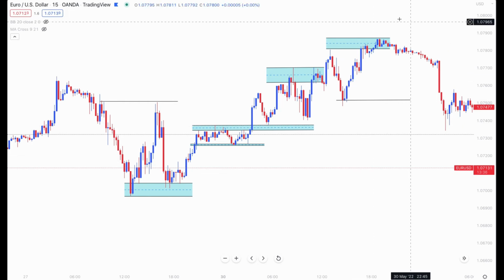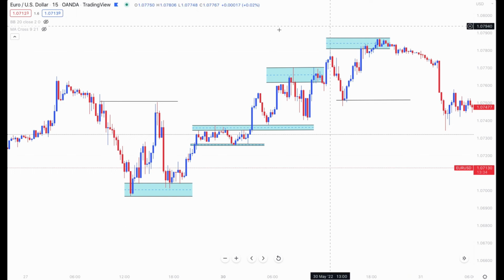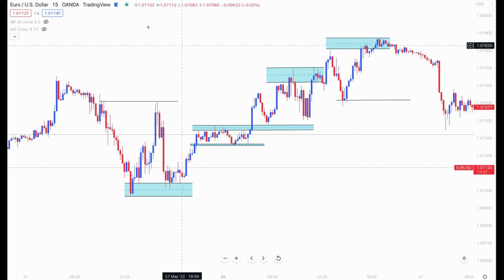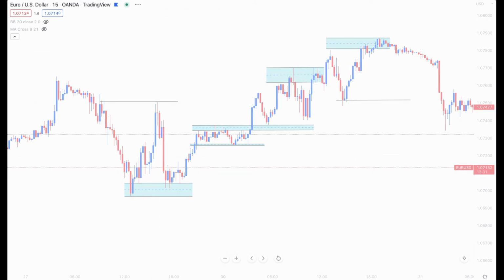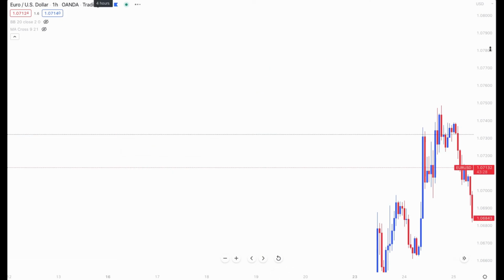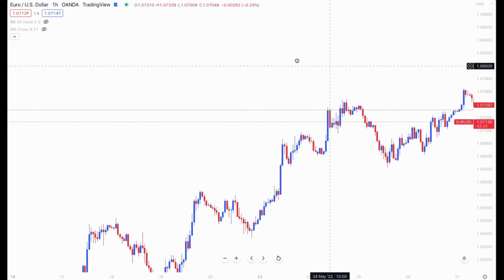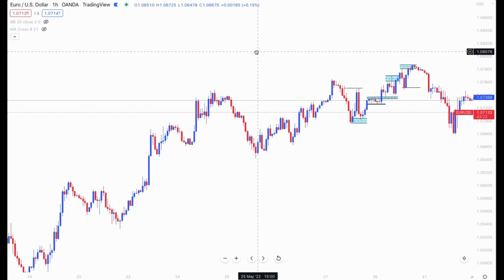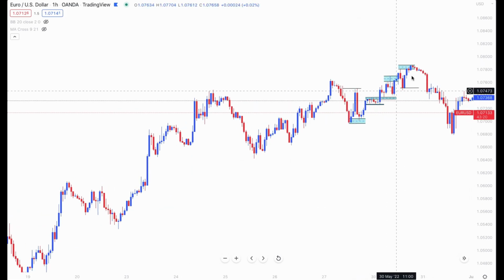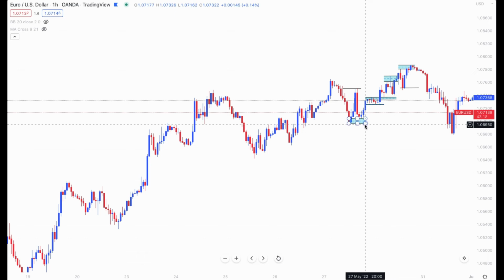When in doubt, and when we're freaked out by all these levels, zoom out. If you're on the 15 minutes, zoom out to the 1 hour. Zoom out. Draw the most apparent levels only. Because look, here were our zones in that 15-minute time frame. If we delete them,